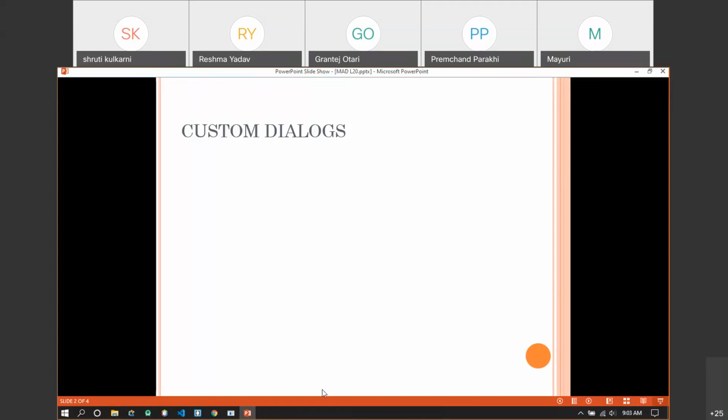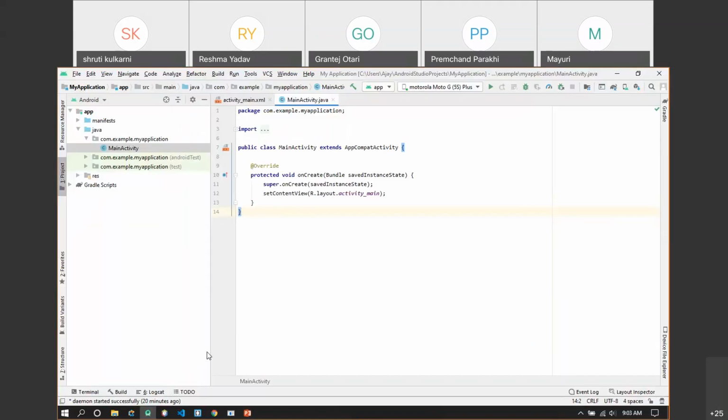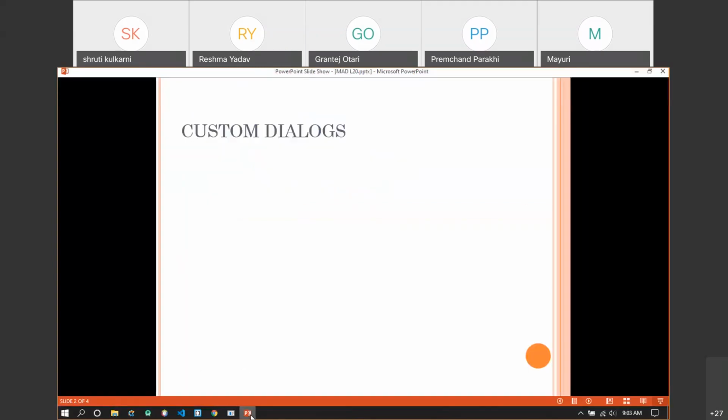So let's see how we can create the custom dialog when we have our own design in mind. For example, in this case, we have to create a custom dialog with a very different design. Let me draw it first. So I'll connect my writing pad.